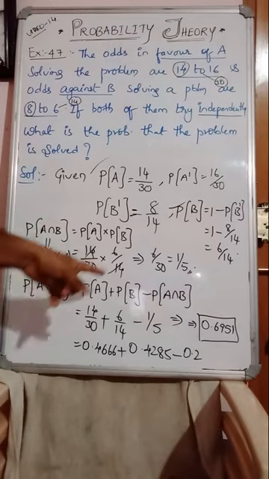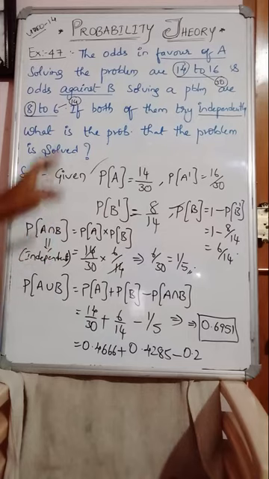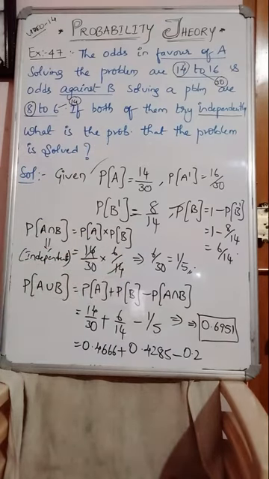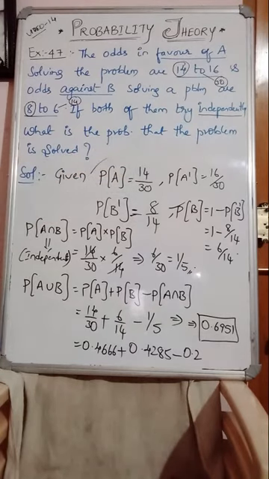So after calculating that one, P of A intersection B, right? Because A and B are independent, multiply each other, you get this one. Finally, the question is asked: what is the probability that the problem is solved? Problem is solved means either A can solve the problem or B can solve the problem, and A and B together also can solve the problem. But when they are together calculating, they are independent. That's why this formula has been applied. Dependent means again we have to apply conditional probability, A given B or B given A. But here the independence is clearly mentioned in the question.